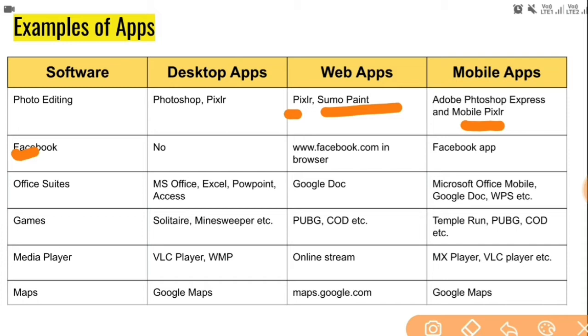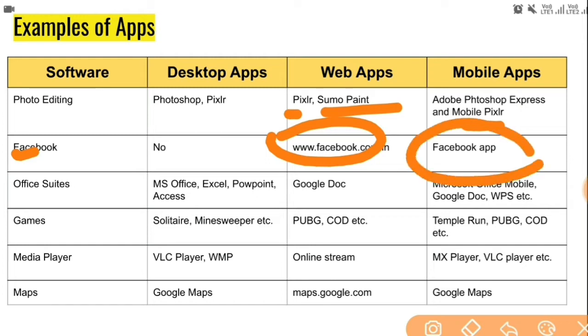Okay, so www.facebook.com is a URL, you can say, and if you write this URL in the address bar and just enter it, then you can see Facebook. Okay, now we're talking about the mobile apps. We can find the mobile app of this same site, and if you just install it and open it, you can find the interface of the mobile version of Facebook.